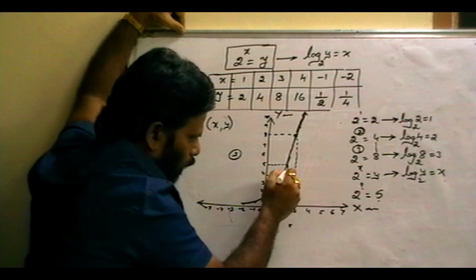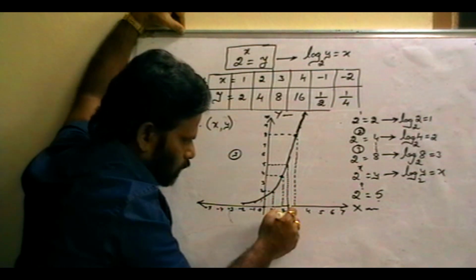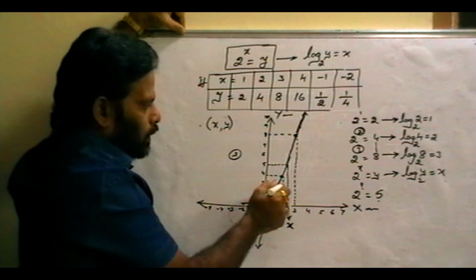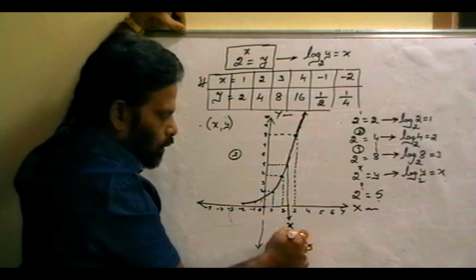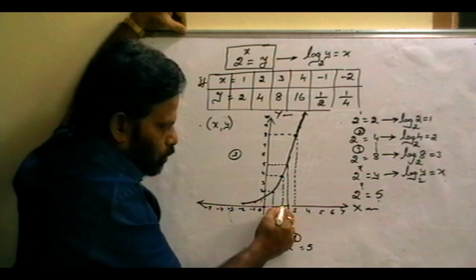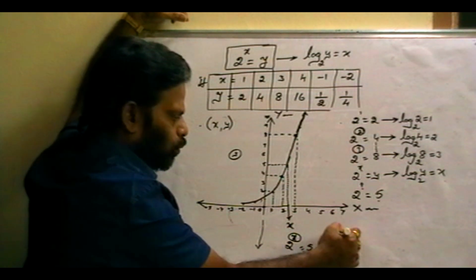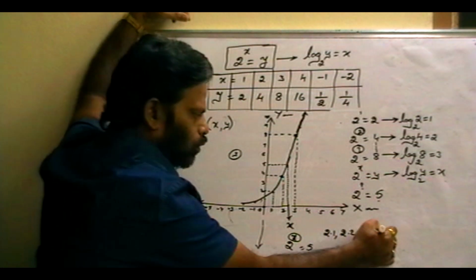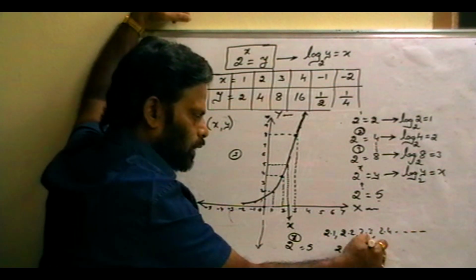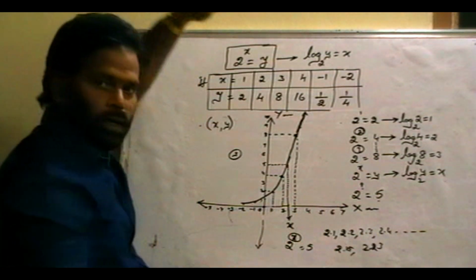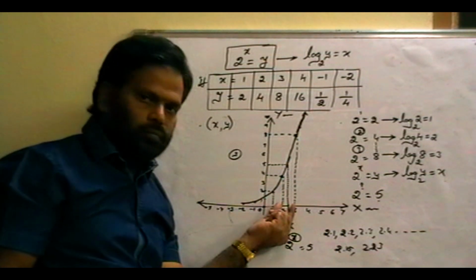And from that point just draw one parallel line. So this is the value of x, to get 2 to the power of x is equal to 5. So that x value lies between 2 and 3. Lying between 2 and 3 means it may be 2.1 or 2.2 or 2.3 or 2.4 and so on, or 2.15 or 2.23, whatever it may be. But compulsorily the value of x lies between 2 and 3.